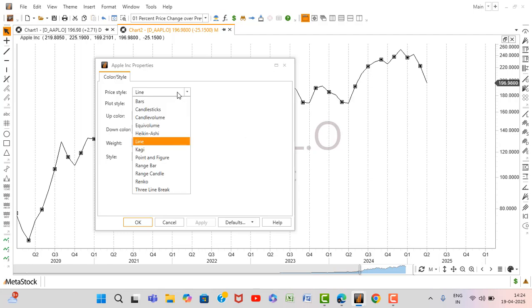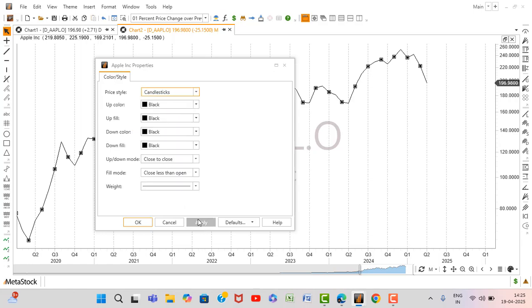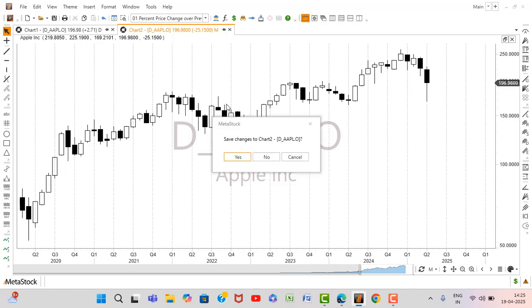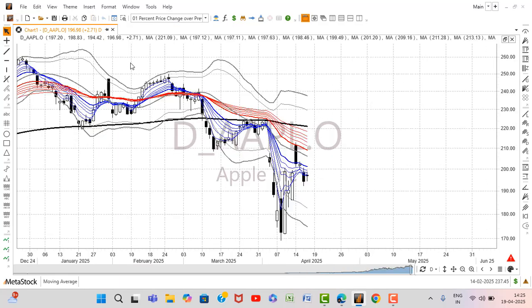There are other kinds of charts also: candle volume, equivolume, Heikin-Ashi, Kagi, point and figure. I've never used any of these. All I've used is candlesticks. So this was what charts are, and some more introduction I can give you on Metastock is,